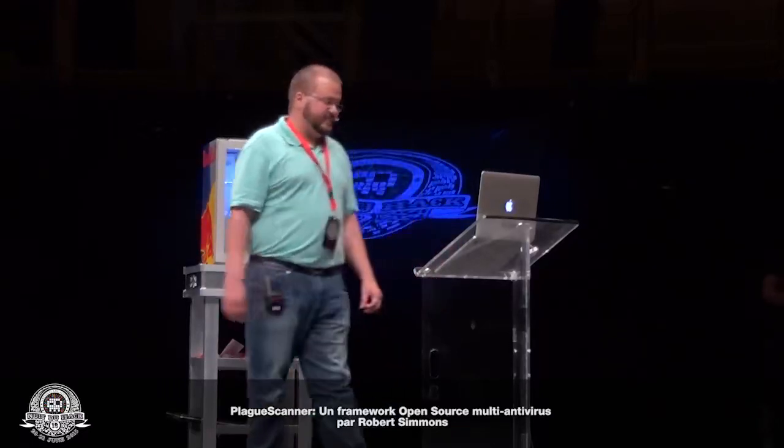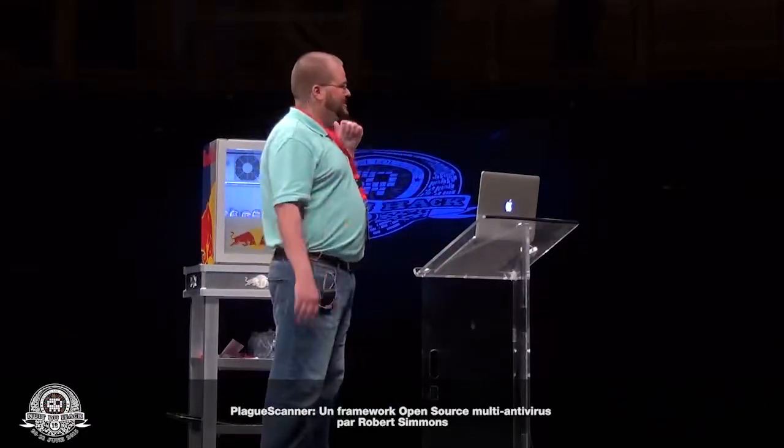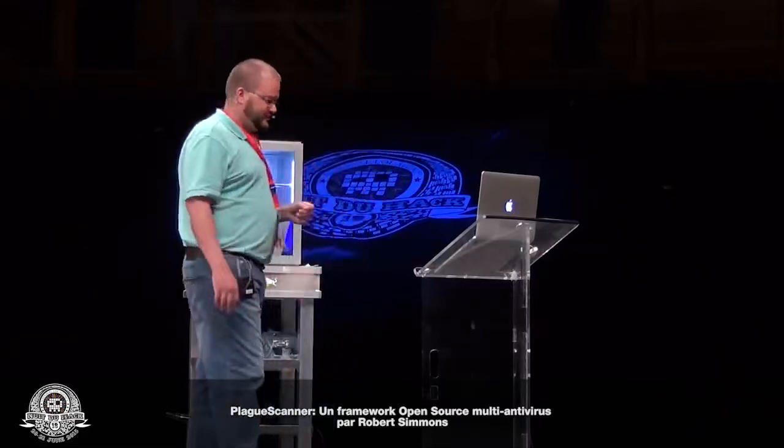And so, where did I come up with the idea for this? Some of you may be familiar with this bar. This is at the Rio at DEF CON. Two years ago, I was bouncing ideas off of some of the other hackers I was speaking with about this gap where open source software could fill a gap with AV scanners. And so that's where the plan came to fruition,